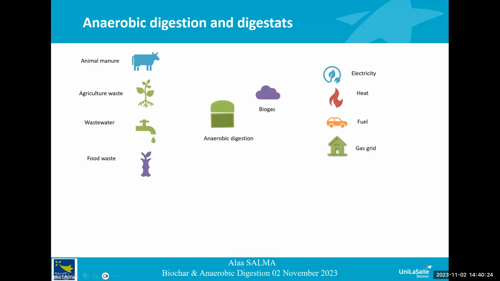These microorganisms convert organic materials into biogas, and the produced biogas, primarily composed of methane, can be used as a renewable energy source for electricity and heat generation, as well as vehicle fuel. It can also be injected into the gas grid, and there is a nutrient-rich residue known as digestate that is considered a valuable resource in the form of organic fertilizer that can be stored depending on the